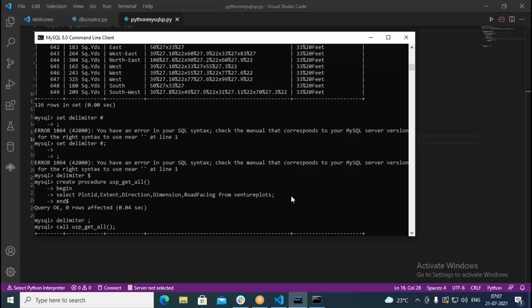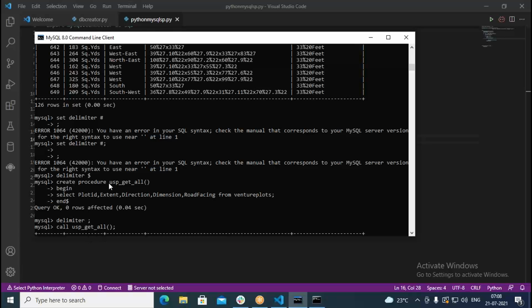So in order to stop that, first of all we set the delimiter to $. While defining the stored procedure, when we type a semicolon, it will not stop there. That means it will not execute immediately. So for that purpose we use delimiter $ here. That means no longer is the delimiter going to be semicolon while we are creating the stored procedure.